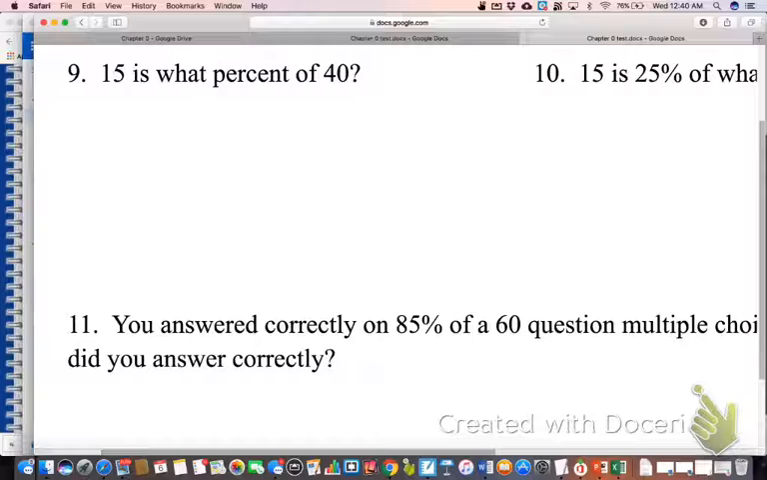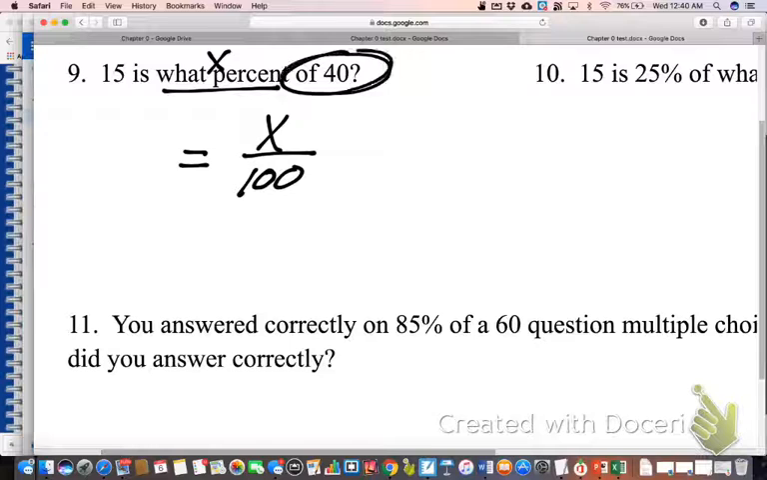Okay, for number 9, I'm going to set up a proportion. And of course, this is a percent problem. So part of my proportion is going to be out of 100 because percents are always out of 100. When it says what percent, that means it's my percent that's missing. So the X is going to go across from the 100. And then of is our code word for that's the whole amount. So the 40 is going to go across from a 100,